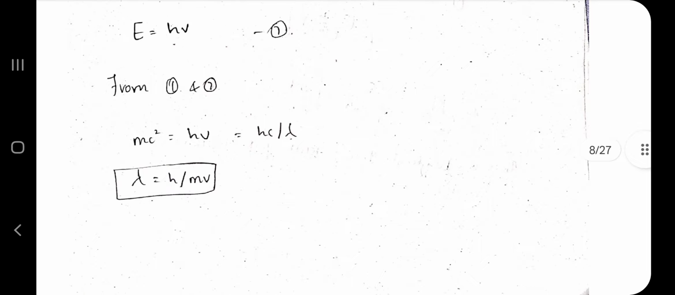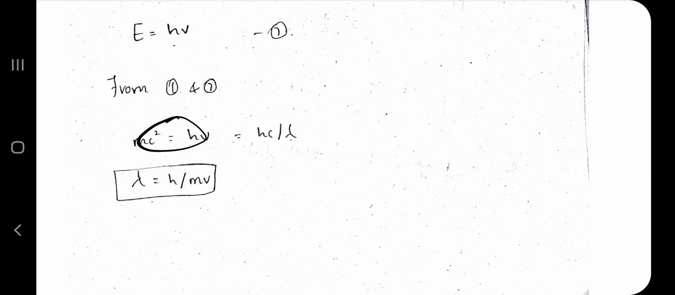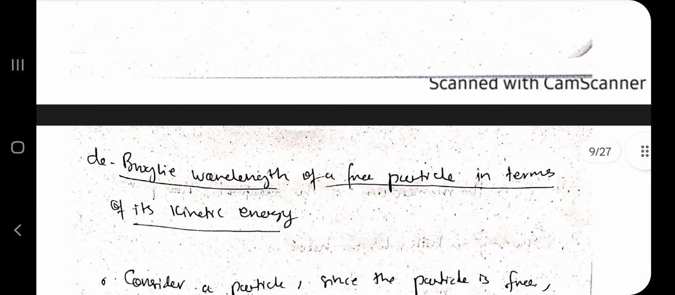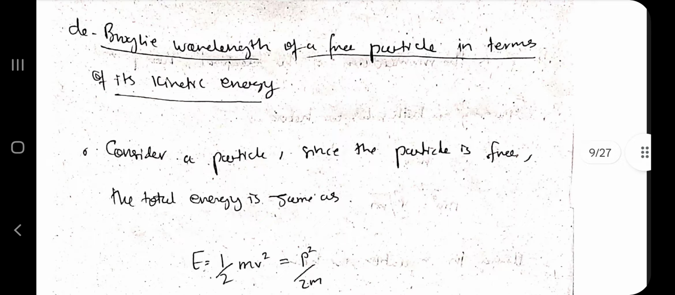Equating both, we get mc² = hv. Then v = c/λ, so λ = h/mv. That's the de Broglie wavelength, and the de Broglie wavelength for a free particle in terms of